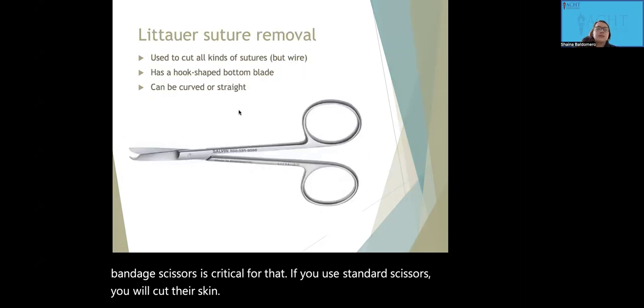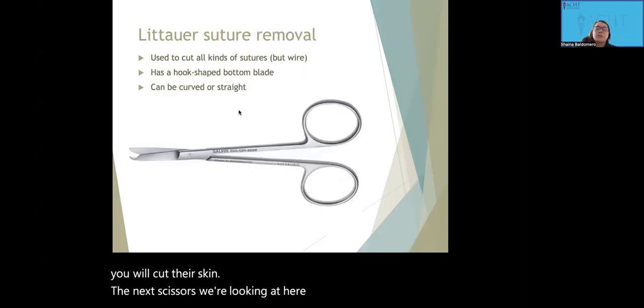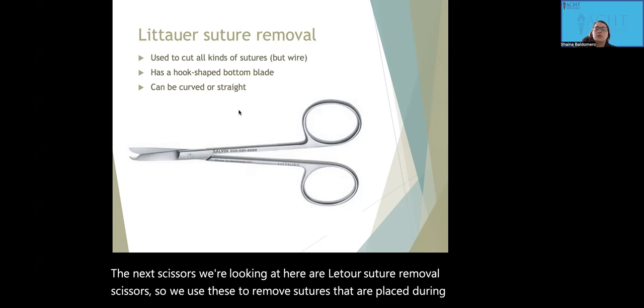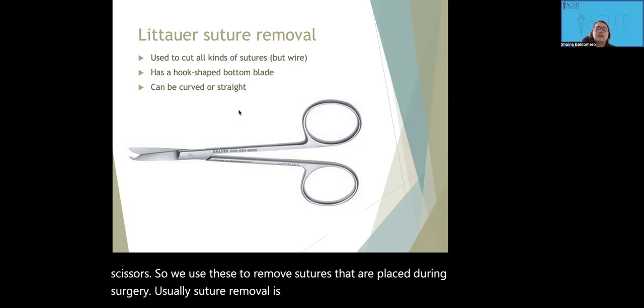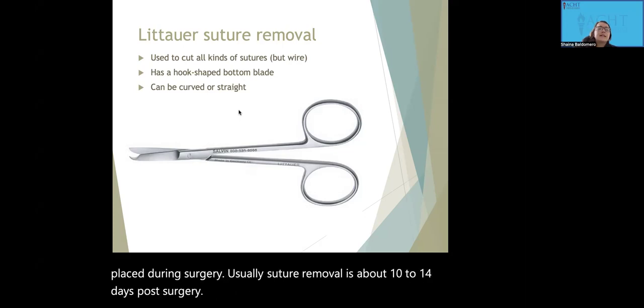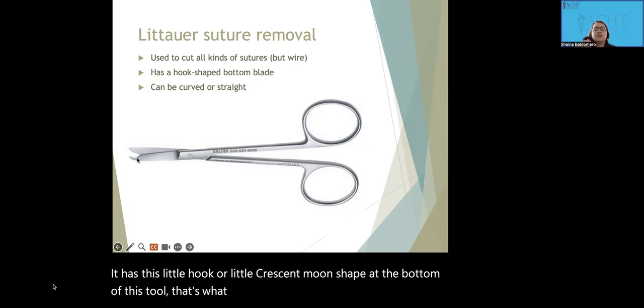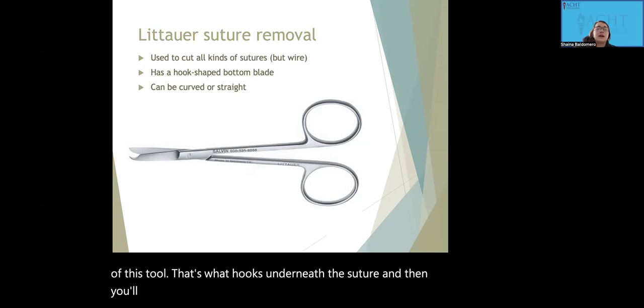The next scissors we're looking at here are Litauer suture removal scissors. So we use these to remove sutures that are placed during surgery. Usually suture removal is about 10 to 14 days post-surgery. It has this little hook or little crescent moon shape at the bottom of this tool. That's what hooks underneath the suture. And then you'll cut the suture and then use hemostats to pull it out of the patient's